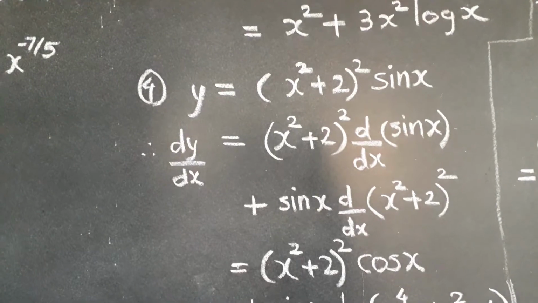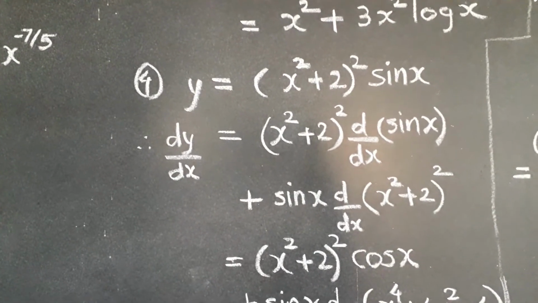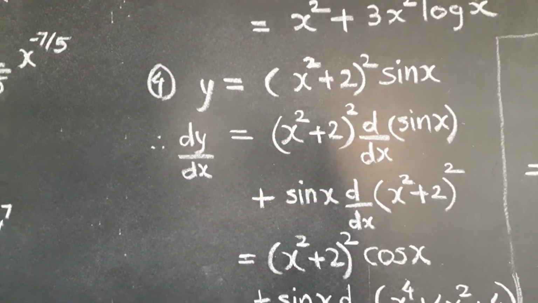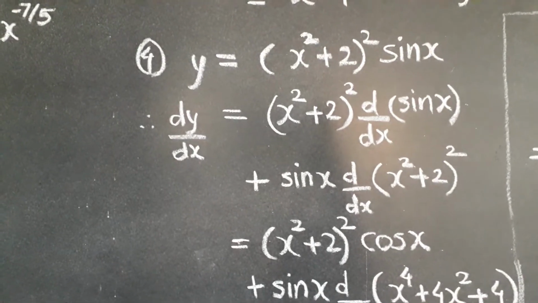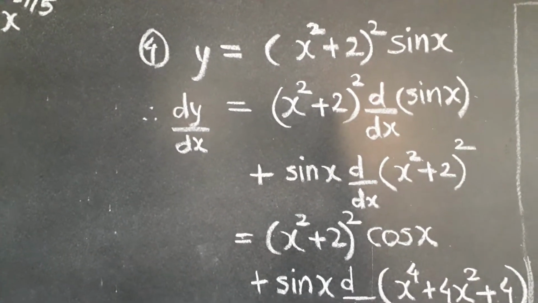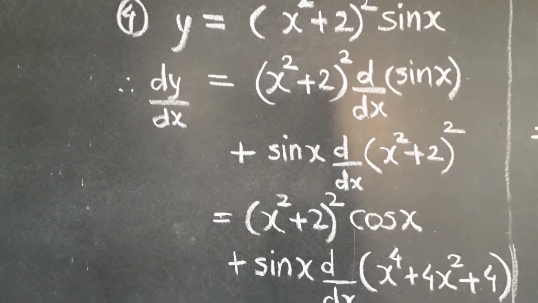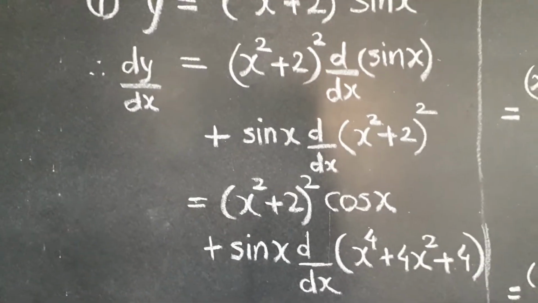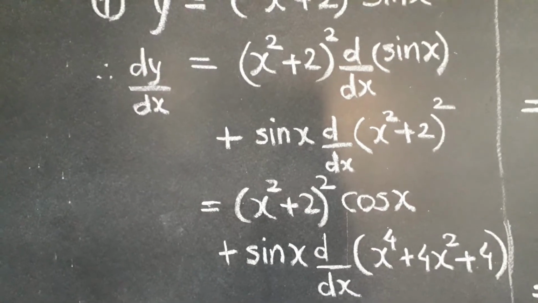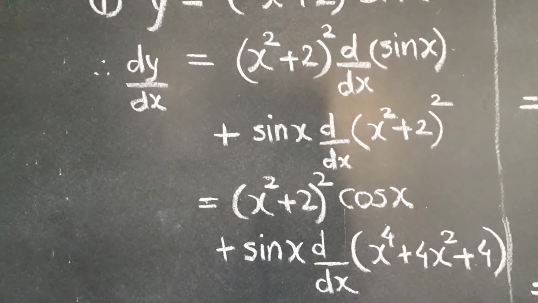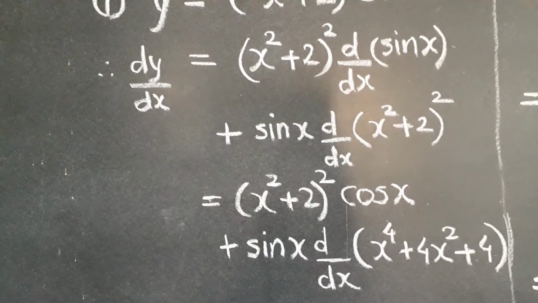We write it as it is, but when we see sin x multiplied by the derivative of the whole bracket square, there is no such derivative known to you directly. So we are not able to find the derivative directly. Then what we can do is simplify the whole square as a plus b the whole square, using the expansion. We just write the expansion there. Still, we have to find the derivative.